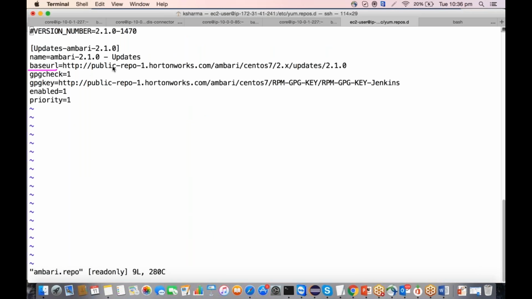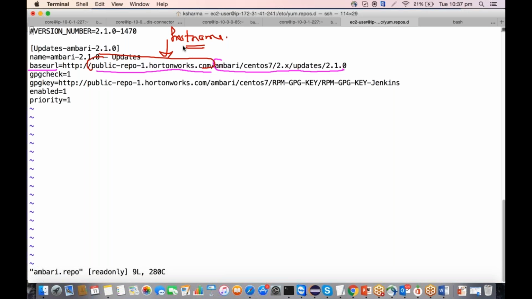The base URL is http://public-repo-1.hortonworks.com/ambari/centos7/2.x/updates/2.1.0. We just need to change this part, public-repo-1.hortonworks.com, to our host name,